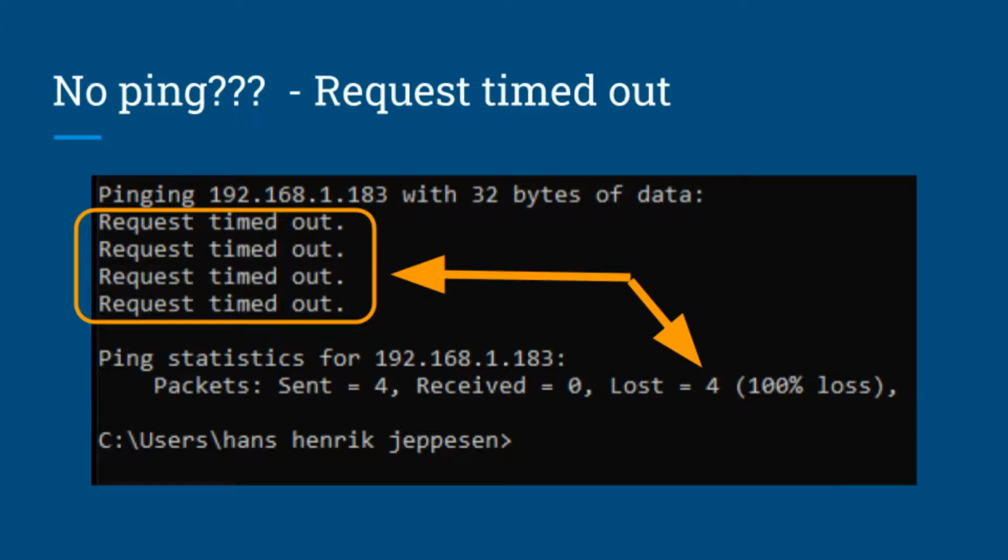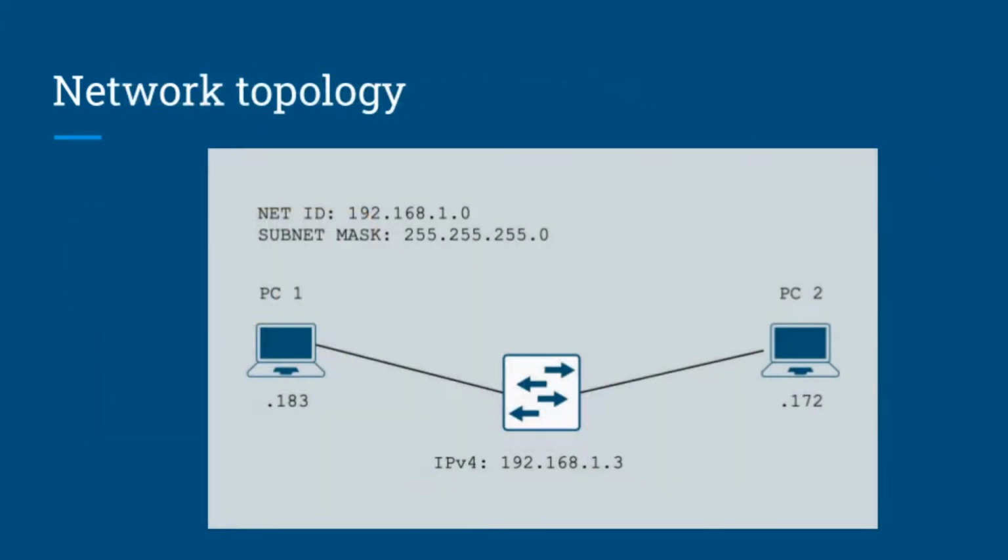So in this case I made a little network topology, a little test setup. I have two PCs, PC1 and PC2. They are both connected to a switch. In this case the switch is managed. It is administrative, so it has its own IP address,